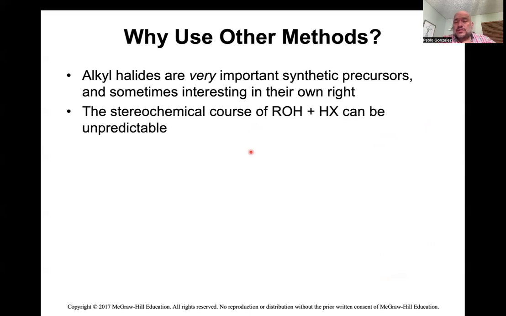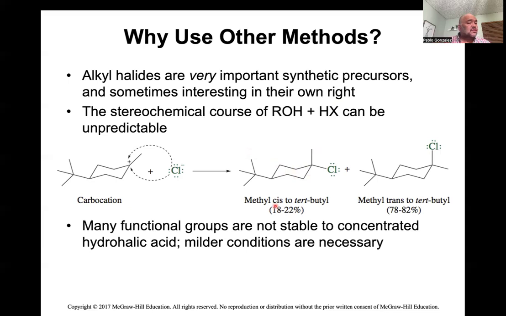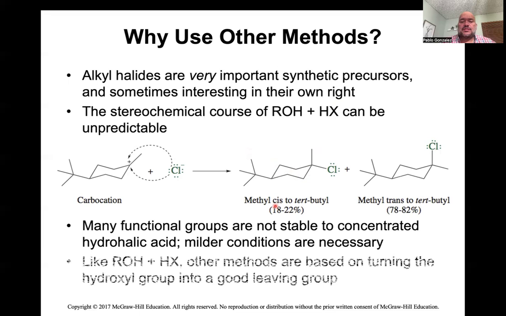The stereochemical course of an alcohol and hydrogen halides can be unpredictable, as we saw before, due to the difference in non-symmetric faces of some substrates. Many functional groups are not stable to concentrated hydrochloric acid, so milder conditions are necessary. So we need to find some type of reagent that is going to be mild in order to produce this halogenation. Okay. So, like alcohols and HX, other methods are based on turning the hydroxyl group into a good